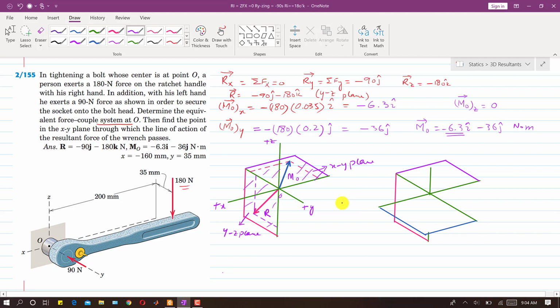So if I say that this system and this system are equivalent, let's say that if we move this resultant somewhere here in this plane, and I have drawn this plane as well. This plane is again that xy plane, so the point of application of this resultant will be in the xy plane. This is that resultant force, so its point of application will be somewhere in this xy plane. This is the positive x-axis, this is positive y, and this is the positive z.